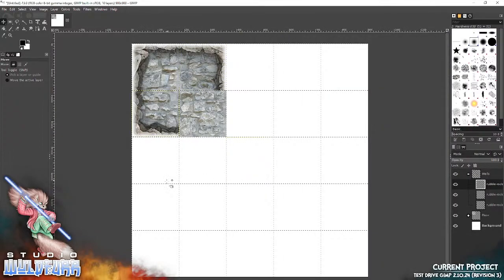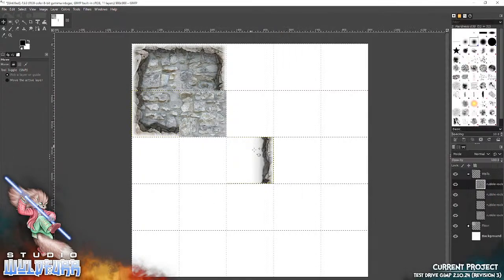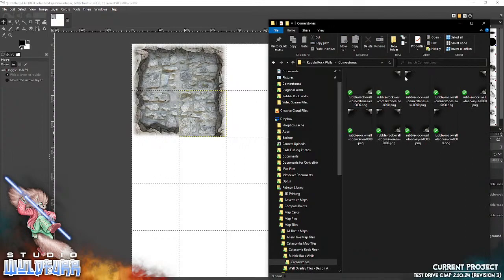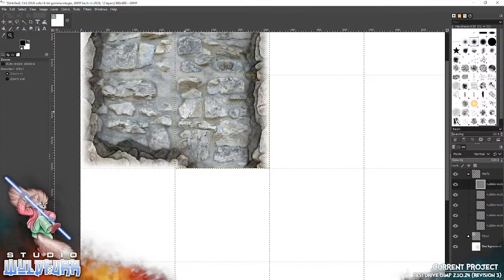And just pop that one there. Now I'm going to need a side piece. I'm going to have an entrance way, so I'm going to go to cornerstones, and where is it? I want this one, and place that there. So as you can see, because it's all snapping in place,